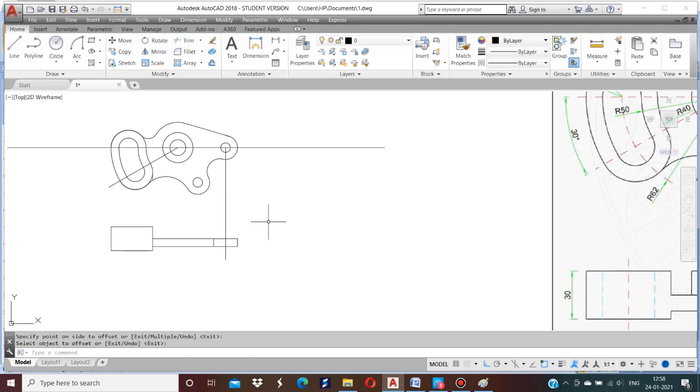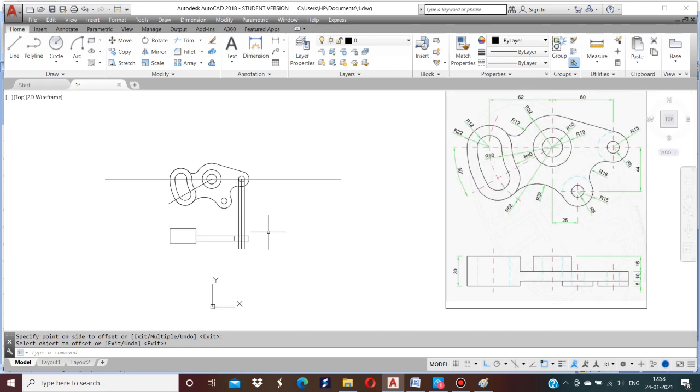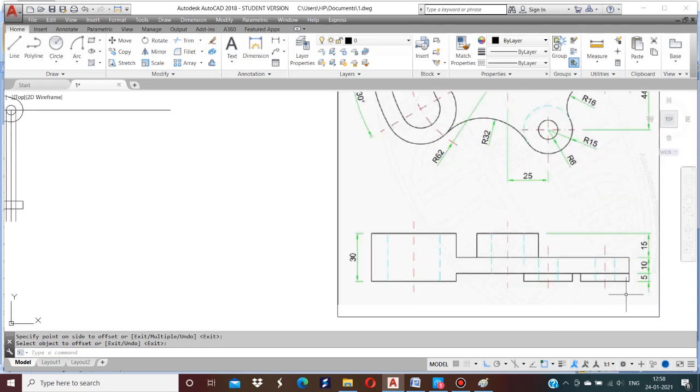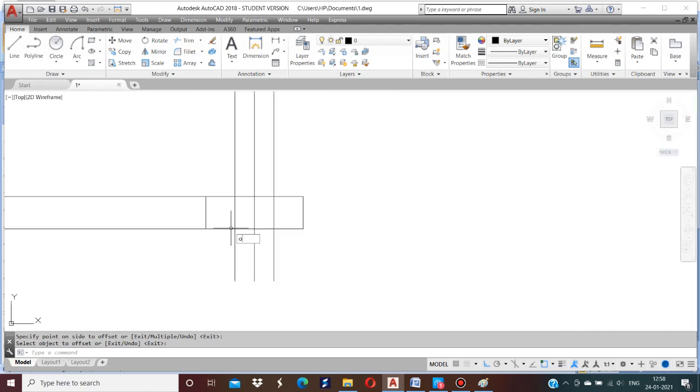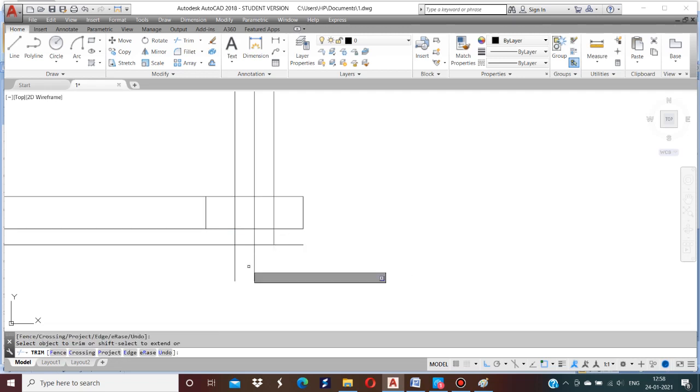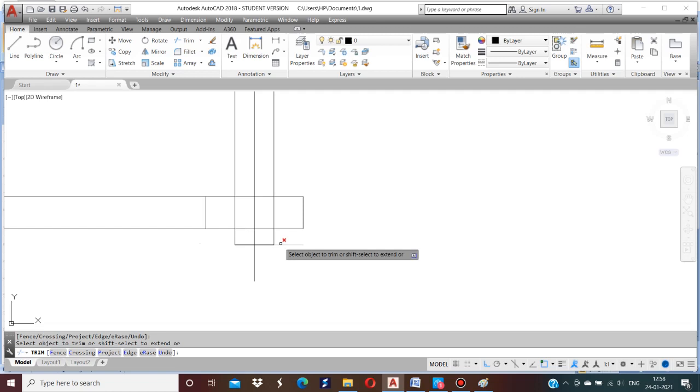Okay, from here offset 6 mm from the center point. Okay, so the boss height projection is 5 mm. So offset 5 mm. Now trim this line. Since there is a 5 mm projection, you have to show it.